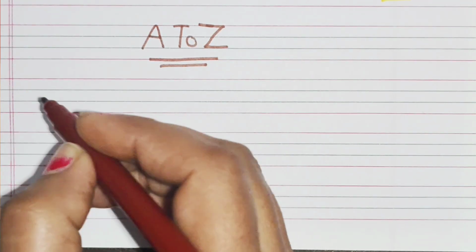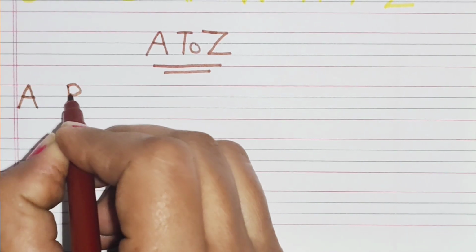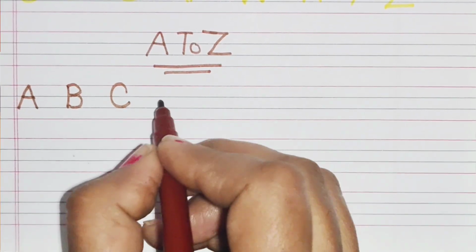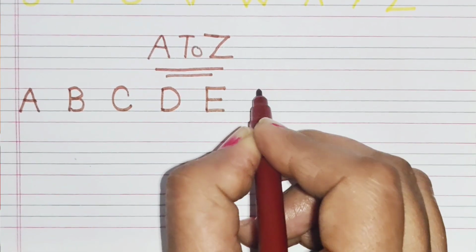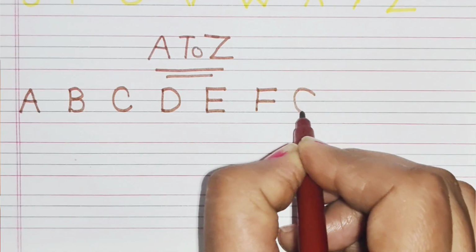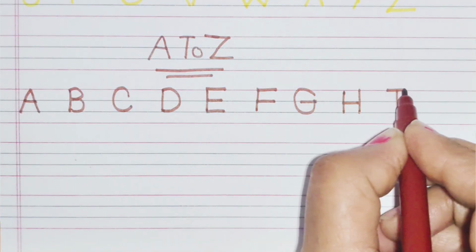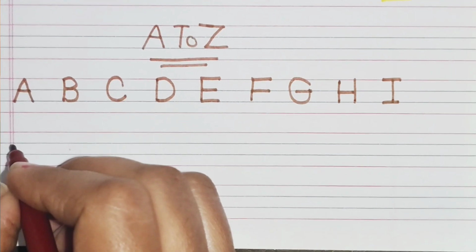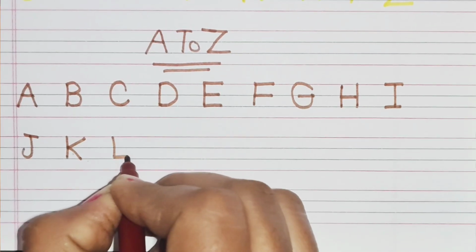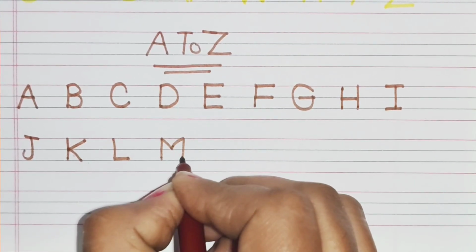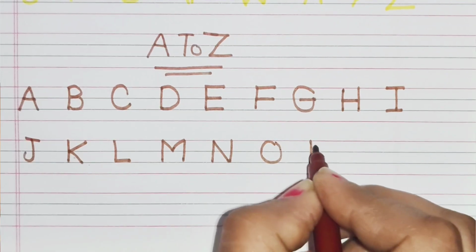A for airplane, B for boy, C for camera, D for dog, E for egg, F for fish, G for girl, H for hen, I for ice cream, J for jug, K for kite, L for lion, M for mouse, N for nose, O for orange, P for